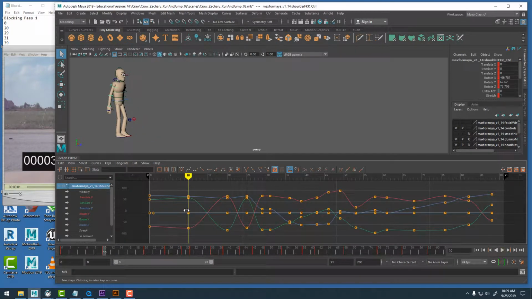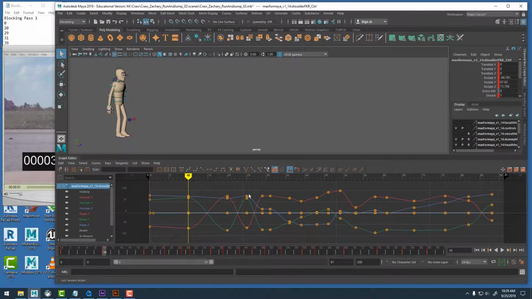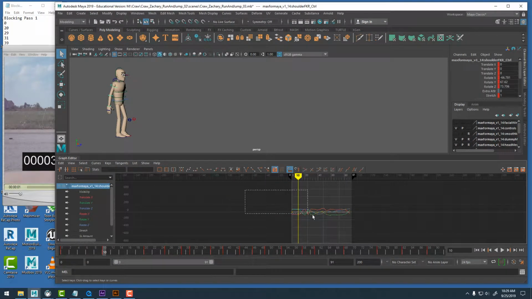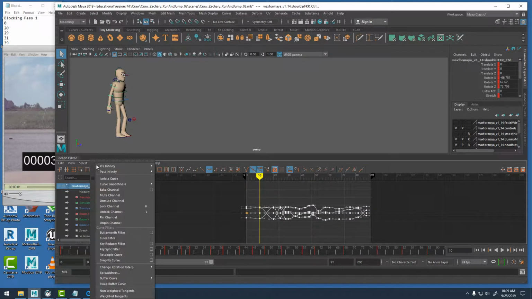So when you do your in-betweens, or when you flatten your curves, if you do notice that your arm hits gimbal lock, usually it's a little more noticeable than this. What happens is your arm will probably do a complete flip, or it looks like the arm's doing a sort of windmill pattern. What we could do to fix it in most cases is select the controller, so in this case I'll select that arm there, zoom out, and marquee drag to select all these keys or tangents for this arm. And then under curves,